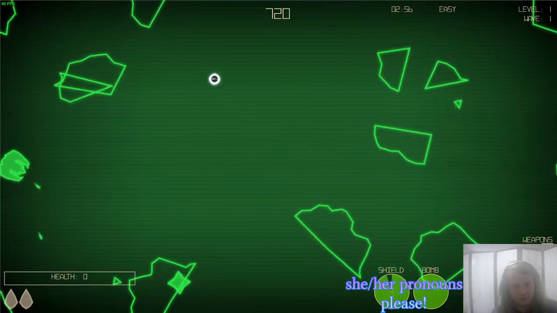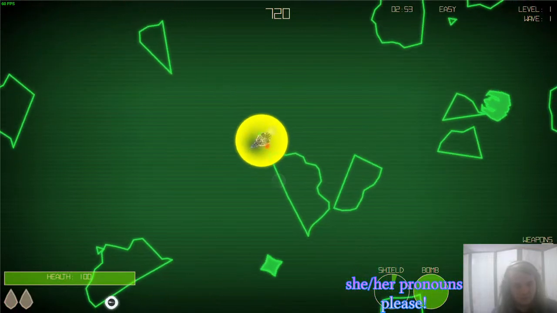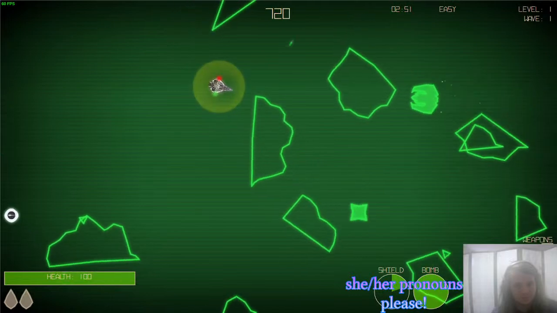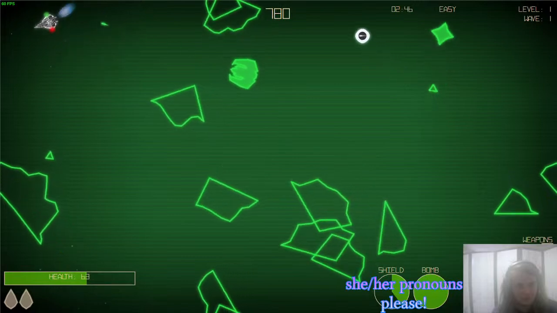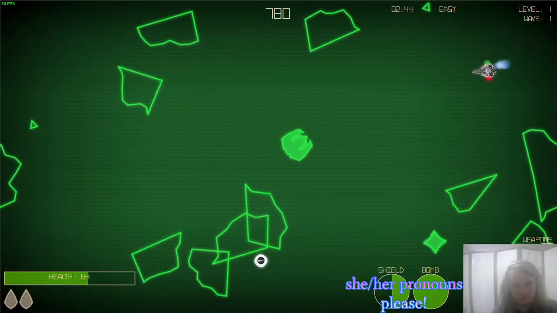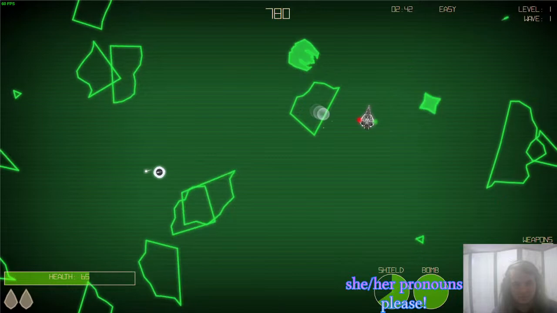Evoke asteroids. The biggest problem I have with it is the leadership. It doesn't match the